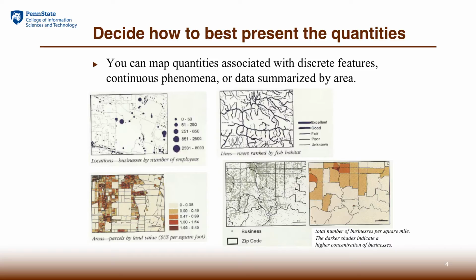Map D also shows the number of businesses as discrete points, but we overlay the districts on top of the business locations so that we can see which businesses are within which district. And if we do some summary based on those areas, we can associate each area with a quantity representing the number of businesses. Such data can be mapped to show and compare places, between areas, in terms of the number of businesses per square mile.